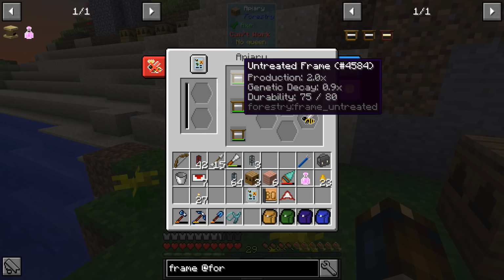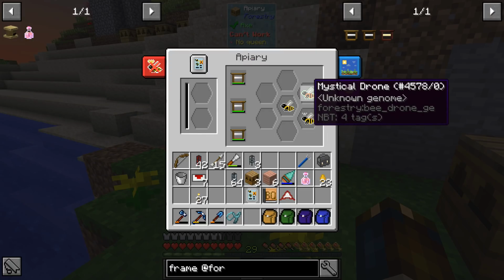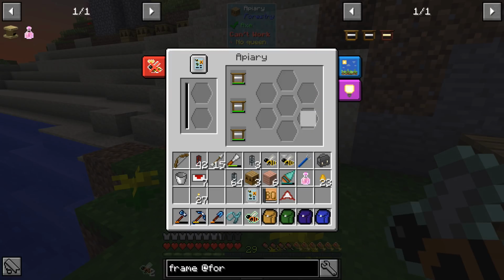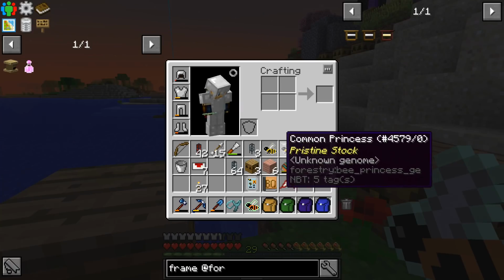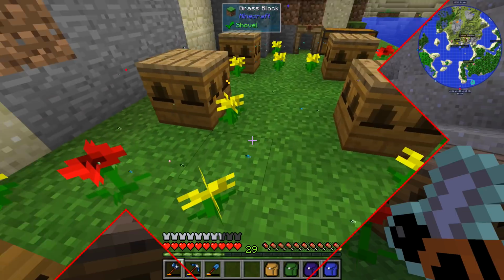This is our first one that finished, and we got a common princess, and a mystical drone, and a common drone. So that's really nice. We got 3 different results from this. And now, common princess can be put with forest or meadows or modest or tropical or wintry or...